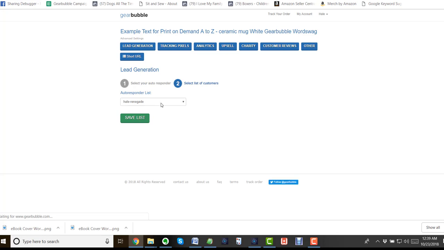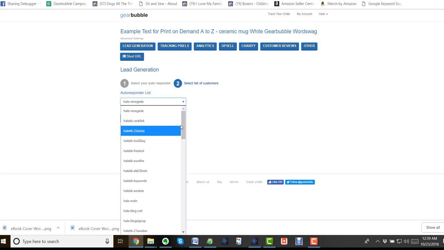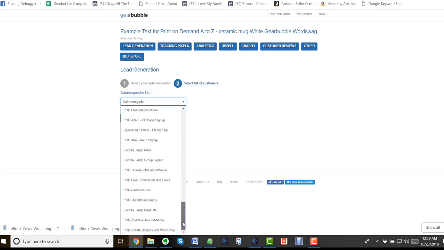When I click on this, this second number 2 becomes blue, and that's the Hail Renegade, which is not the list that I would like to send people to. What's happening is if I sell this, make a sale, the person's email will automatically be added to the list that I choose here. And so if we go down here, we have print on demand, and we'll just say,